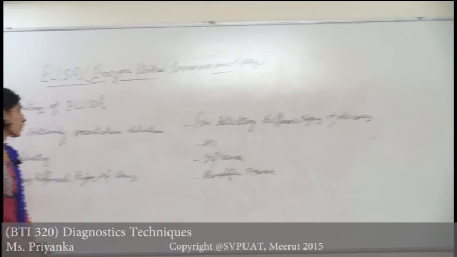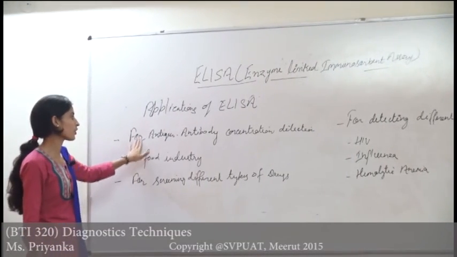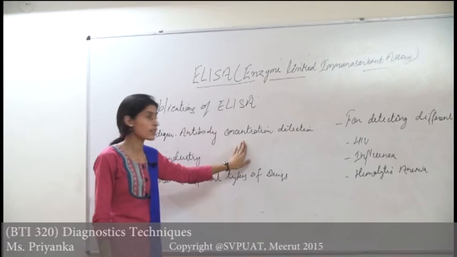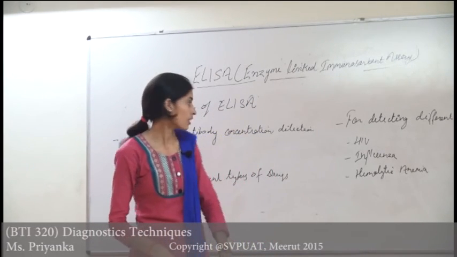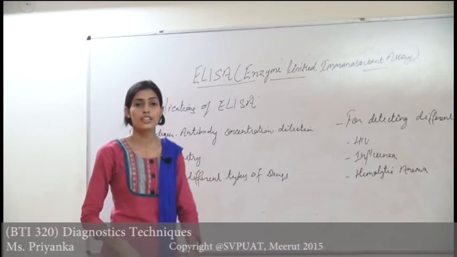ELISA can be used for many purposes, like antigen or antibody concentration detection. As we know, indirect ELISA is used for antibody concentration detection, and sandwich ELISA is used for antigen concentration